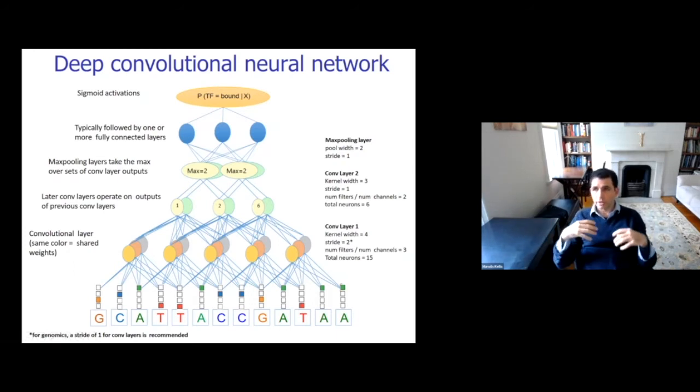Because the same regulatory motifs are responsible for the underlying code of the DNA, the underlying language of DNA, you can learn that code using any task and then switch around the set of learned representations by a different fully connected network for another task at hand. For example, you might learn about binding of factors and then turn around and try to predict